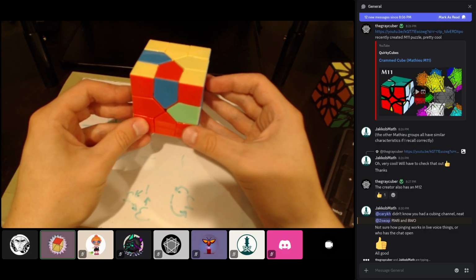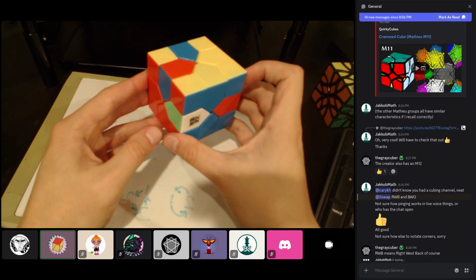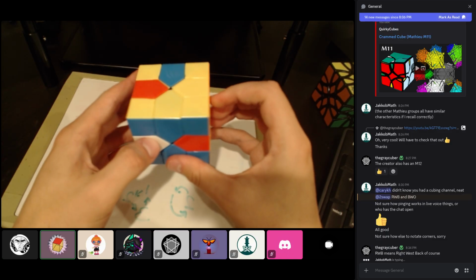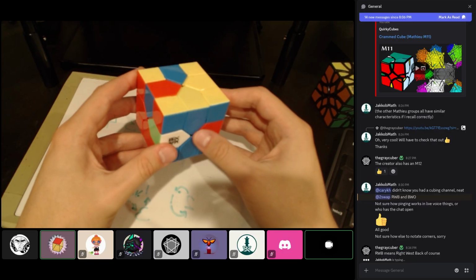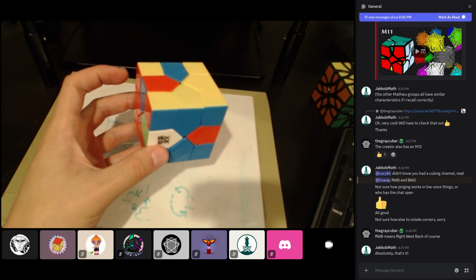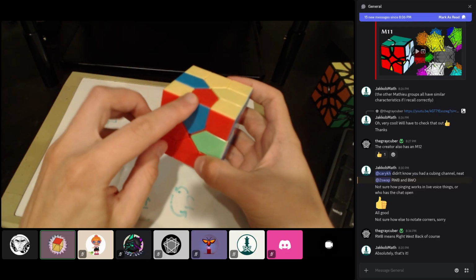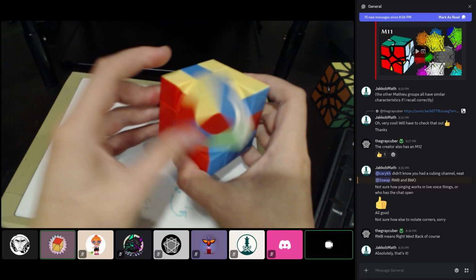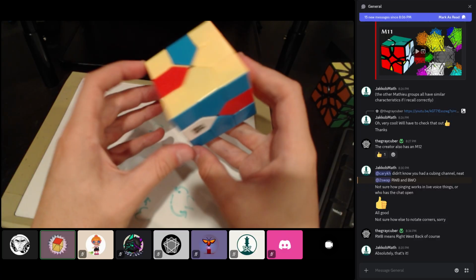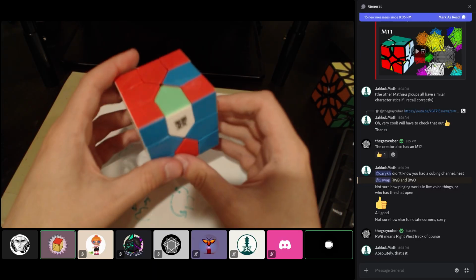I was going to say, in the first commutator, it was kind of lucky that a 4-move commutator could solve 2 pieces. Yep. Maybe, you know, if it's not as lucky, we have to settle for just solving 1 or something. Okay, I'm glad you said that. Let's not settle. Let's force ourselves to be able to solve 2 at the same time. Well, I guess because the red-blue edge is 1 turn away. Yeah, bingo. That's a good observation. But then the white-green one that's in that spot, I feel like it has to go far distance. And it does have to go far distance, doesn't it? That kind of sucks. But okay, so here's the next